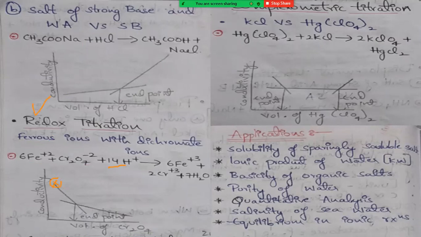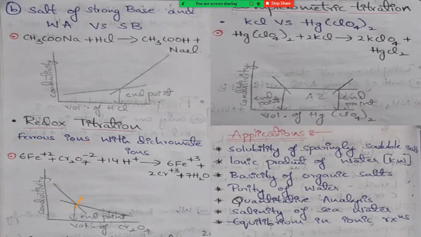But slowly, what happened? These reducing and oxidizing agents are involved in the reaction by consuming H plus ions slowly, so the H plus ion concentration slowly decreases. At this point, all ferrous ions are completely converted into ferric ions. At the same time, all dichromate ions are completely converted into chromium ions, right? But now at this point, we cannot have a highly acidic nature. It almost reaches the neutral nature.